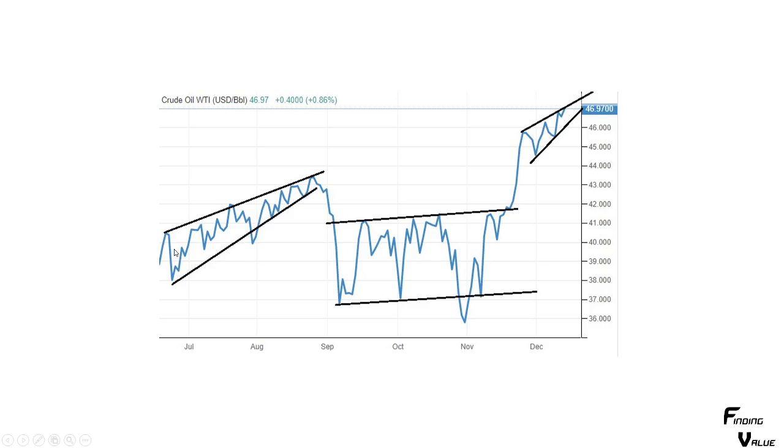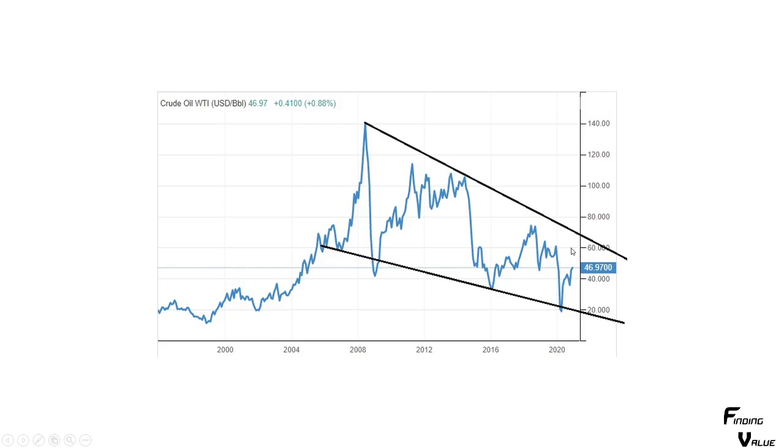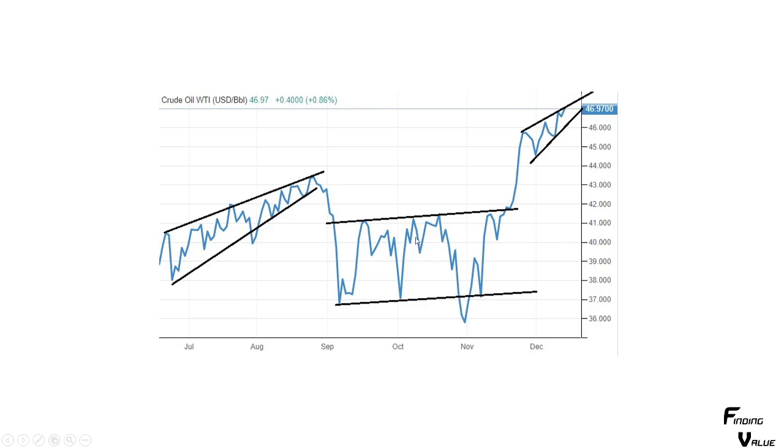Here's crude oil, zoomed in on this portion. You can see this chart pattern break, went to another chart pattern, broke to the upside, and now we're moving higher. If we break up above this, I think we could see this thing really move. Maybe it breaks down and retests the bottom here. But we'll see. It's hugging the upper channel. Maybe this thing breaks and it goes higher.